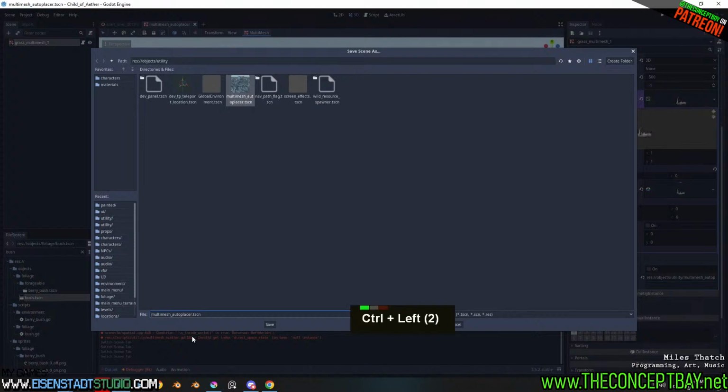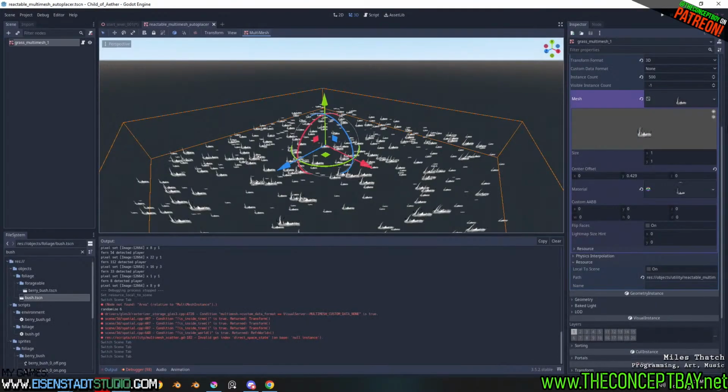This is multi-mesh autoplacer, sure. We're going to call it reactable multi-mesh autoplacer. Or I guess we can call it fern multi-mesh autoplacer. Sure. Before I commit, let's call it reactable. Let's see if we can still potentially make it be customizable. Let's save it. And then here, we're going to paste